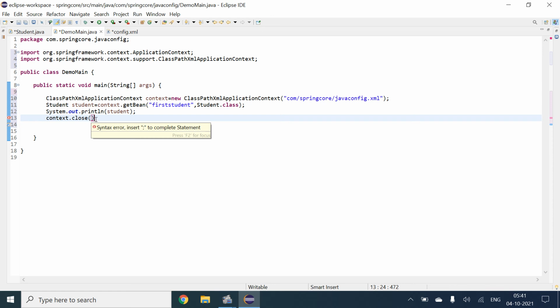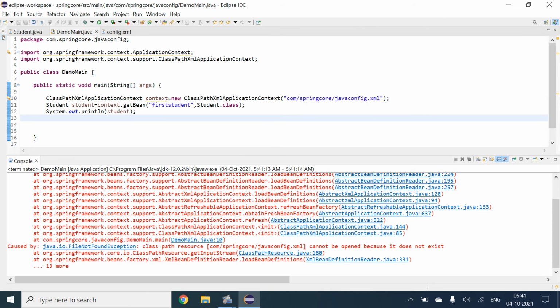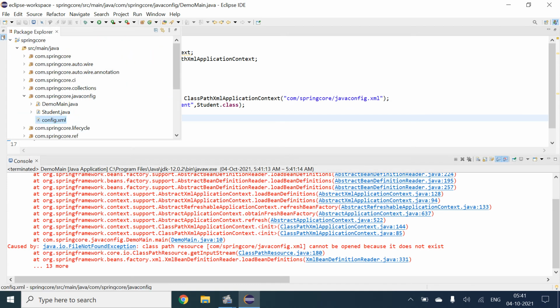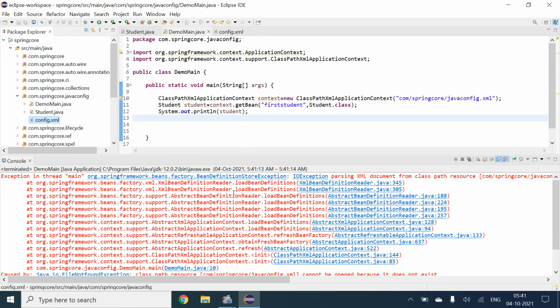After that I will simply run it, and let's see, there are some errors. Basically it does not find the file.